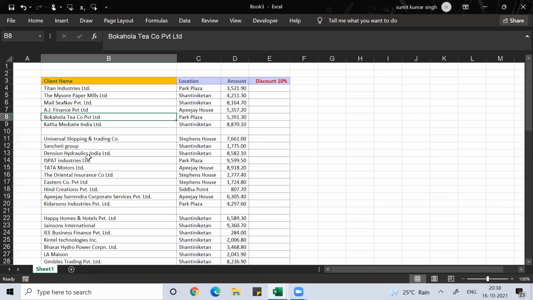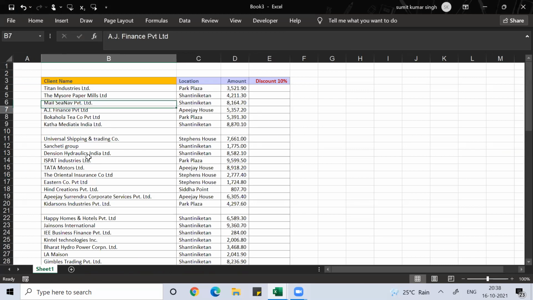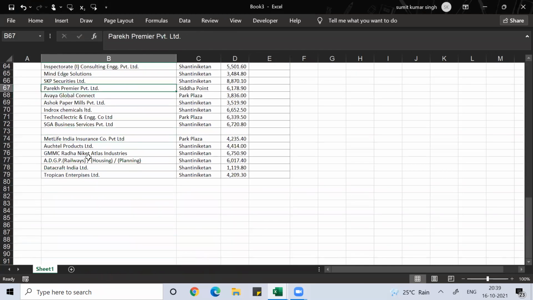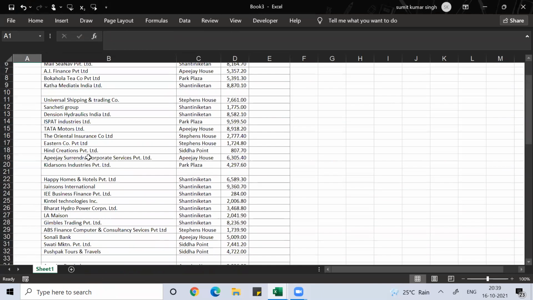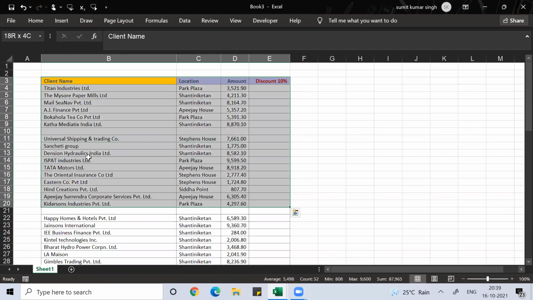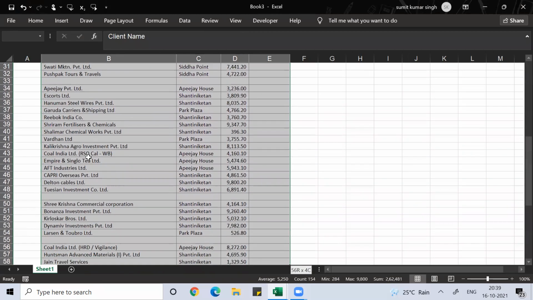Like if you see here, the data is not continuous. If I press Control A, it will not work because the data is not continuous. So I need to do Control Shift right arrow, down arrow individually every time.